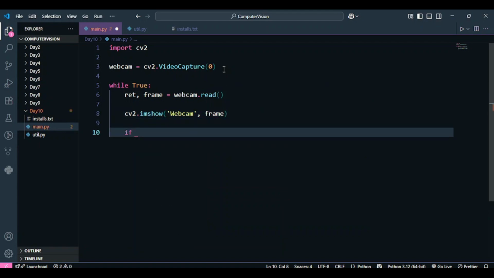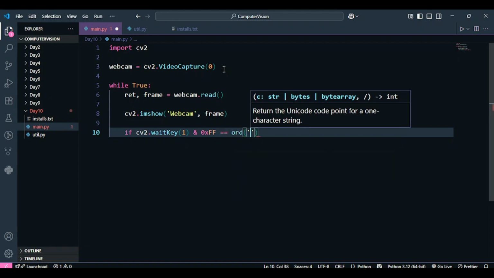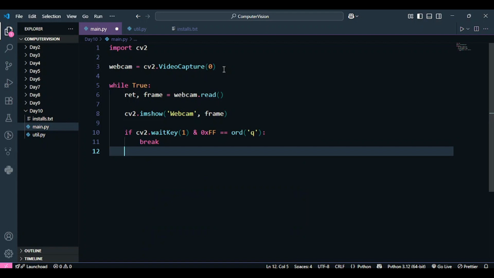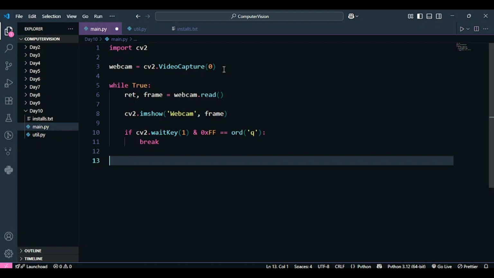And then if you guys remember, we are going to add a condition over here that if the OpenCV waitKey is 1 and the user presses the Q key, he should quit. Because we need something to break from the loop, right? So to do that, we are going to add this condition that if the user presses the Q key, he will exit or break from the webcam.